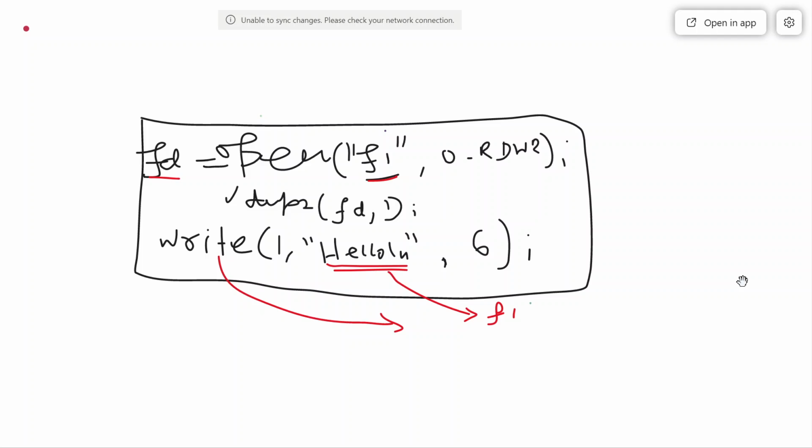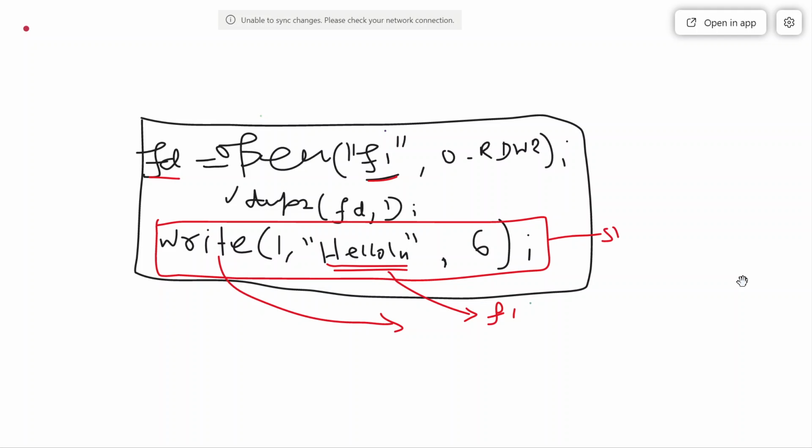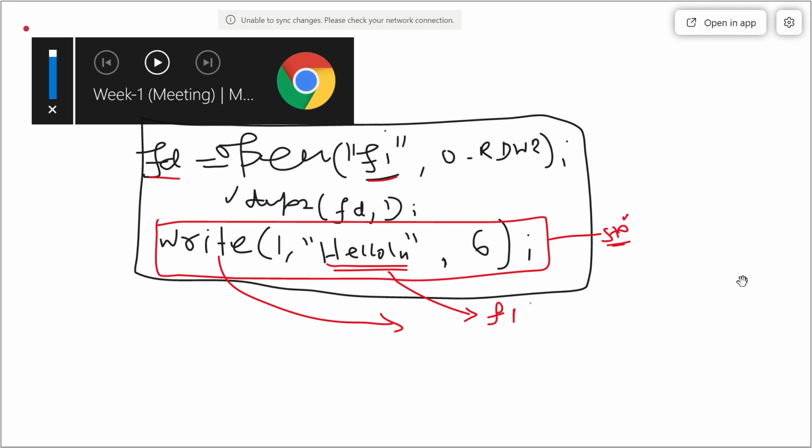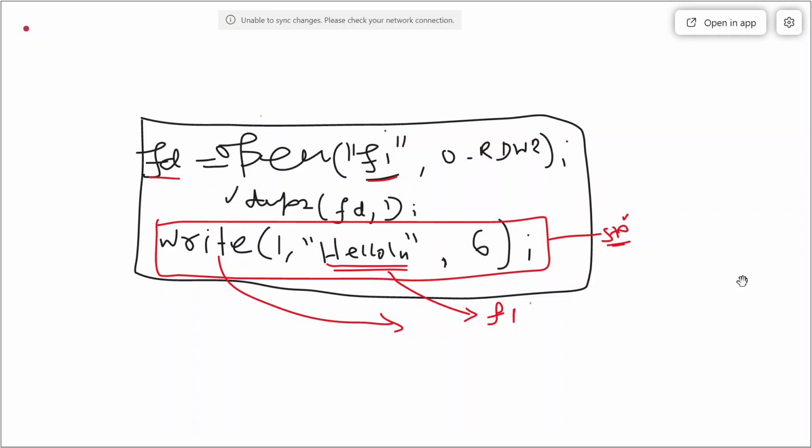But in another program, if you write only this statement, then hello will go to the standard output. So what this means is that the content which is supposed to go to the standard output, I have redirected to file F1. So now 1 is representing file F1 instead of standard output.